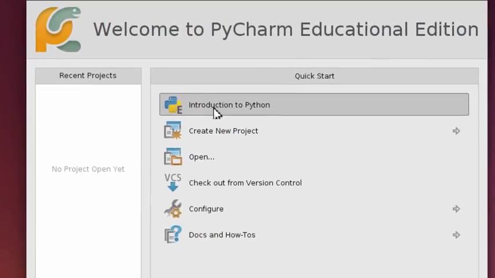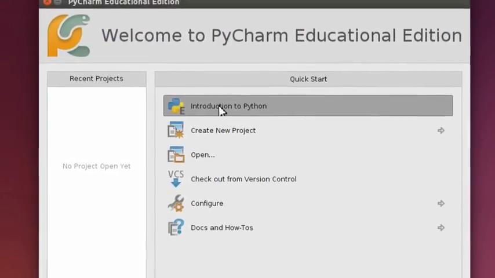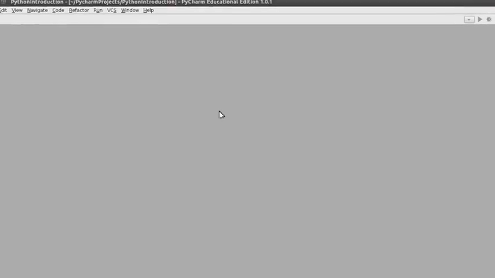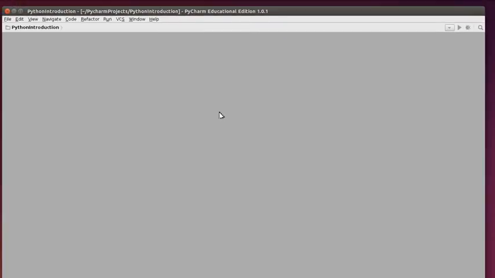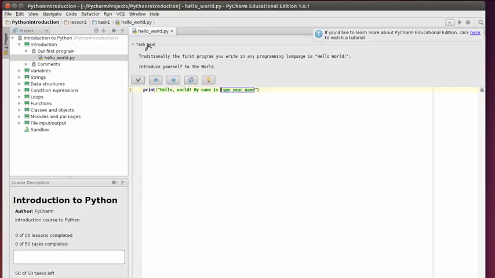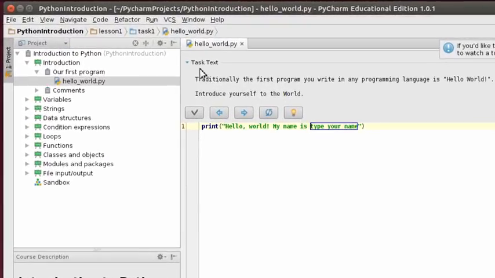Here I have a course, Introduction to Python. Notice it's got a little E there for education, so I'm going to click on that. And I'm just basically going to go through the first task on here just to verify that everything's working. The first task would be to change a Hello World program, and it says task text. Traditionally, the first program you write in any programming language is hello world, introducing yourself to the world, and it says print hello world, my name is, and I want you to type in your name,